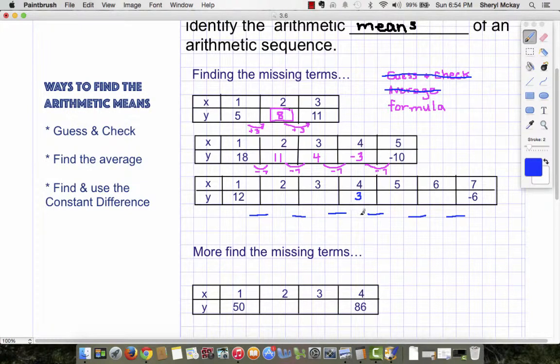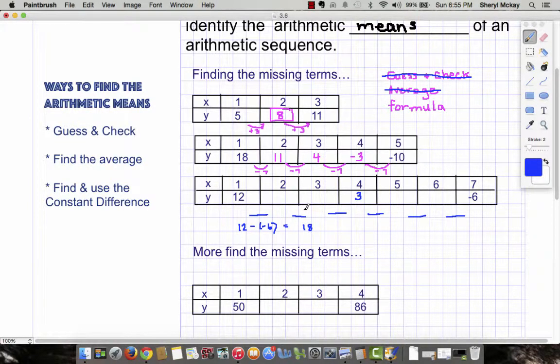So that's 1, 2, 3, 4, 5, 6 common differences. So I know that that common difference has to be the same number that I'm going to add. And then I started thinking, well, what's the spread? What's the range between the first term and the seventh term? So the difference between 12 and -6 is actually, if I started at 12 and I went down to -6, I would go 12 minus a -6, which is really equal to 18. So it's sort of a point spread, or a spread of 18